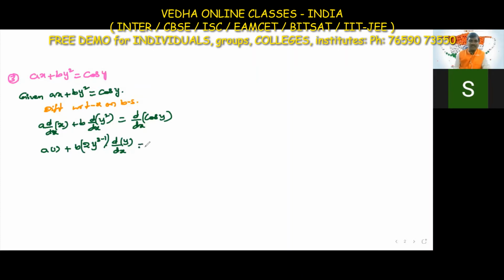This is equal to d by dx of cos y. What is the cos y derivative? Minus sin x. But here y is there, so we write the y as it is, but in place of x we have some other function y, so differentiate that y again. Here we are differentiating like that, and here also we are differentiating like that, whenever we have some other function in place of x.